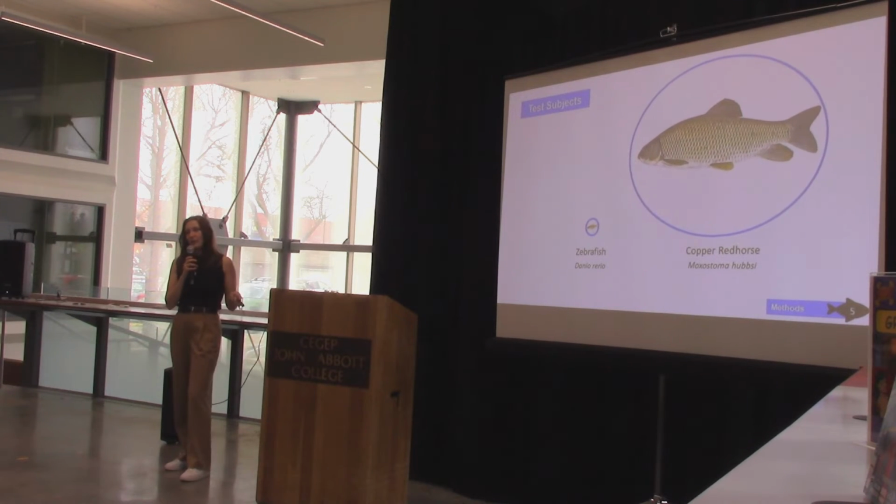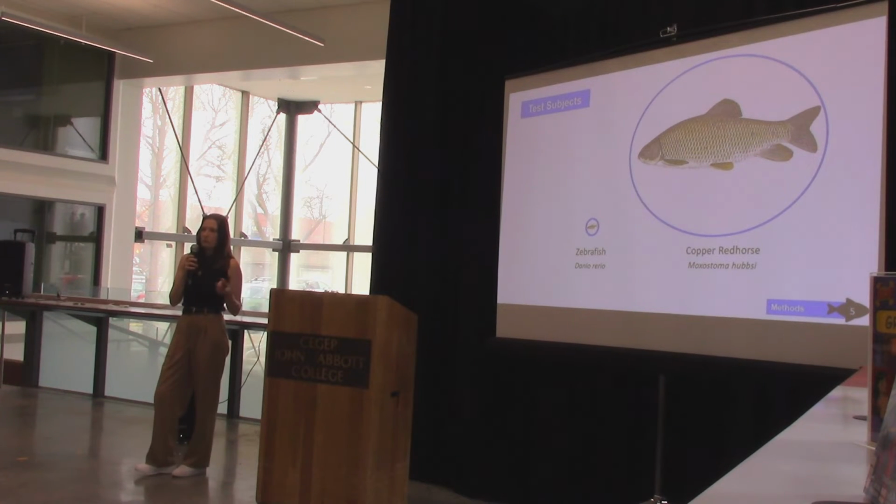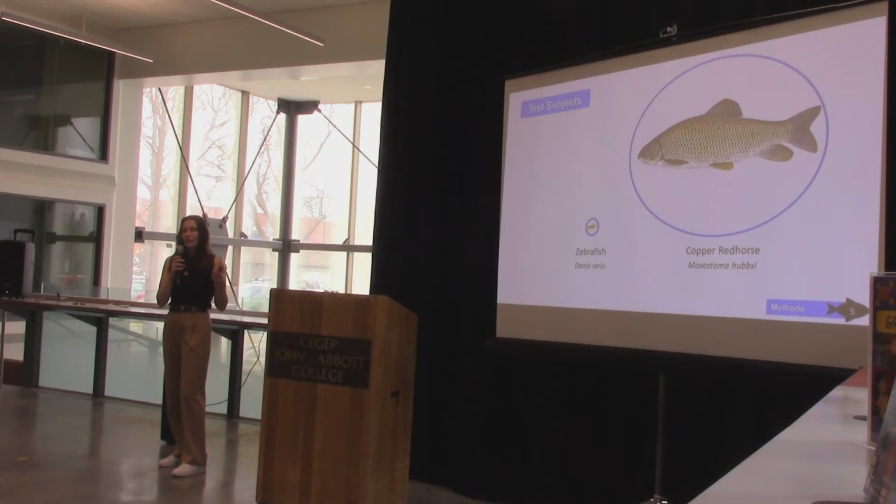Another reason why we use early life stage fish is because of the difference in size. So this gives you kind of an idea of the difference in size of the fish that I work with. Zebrafish, when they're fully grown, are a few centimeters long, maximum. Copper redhorse can get up to 30 pounds. So when they're in their early life stages, there's only about a centimeter difference between them size-wise, instead of massive